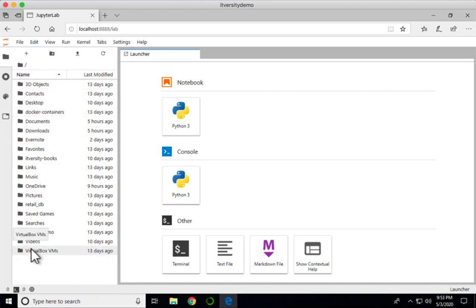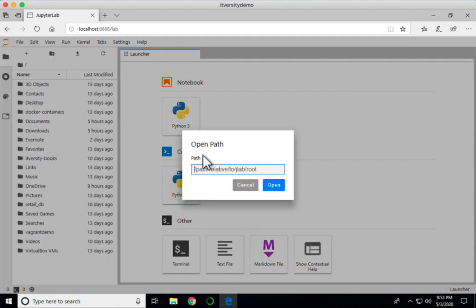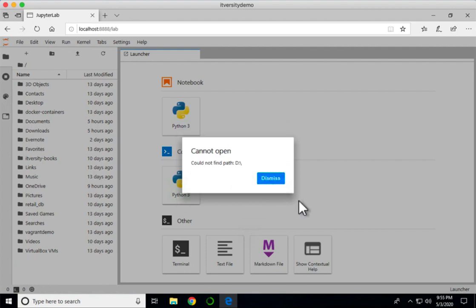However, you might want to use D drive or E drive. There is no easy way to access D drive or E drive using Jupyter Lab that is launched using Anaconda Navigator. There is an option which is nothing but open from path under file. Even if you click on that open from path, if you try to give the D drive here, it will not work. However, this file from path option might work on Mac or Linux because it starts with /, and if you actually give the path, it might work. But on Windows, it doesn't work.